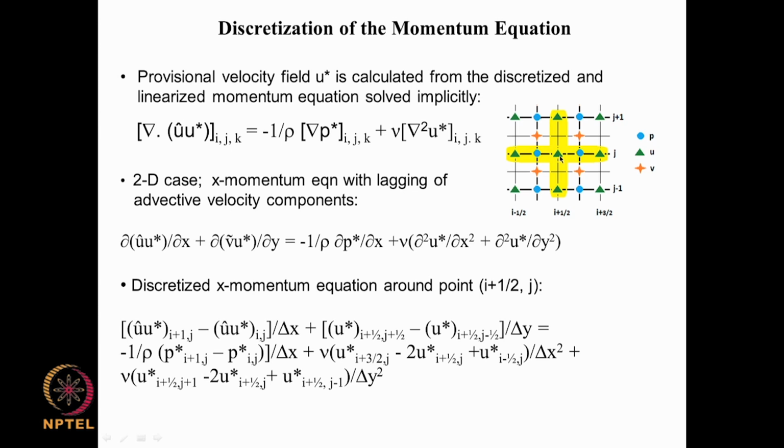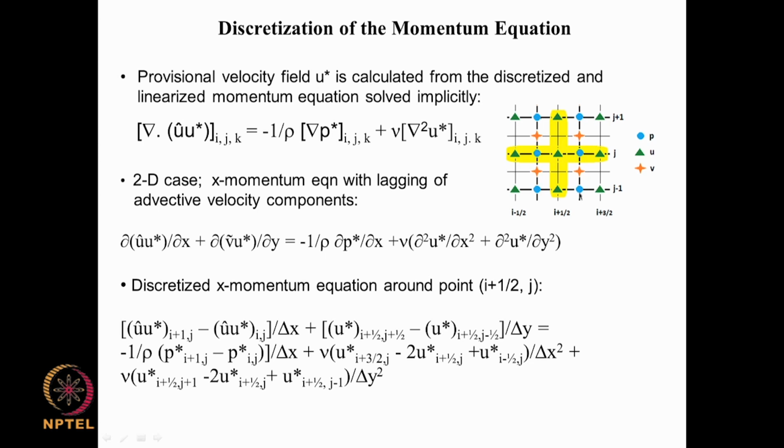And the immediate neighbors for the u velocity are i plus half, j plus 1 and i plus half, j minus 1 and i plus 3 by 2, j and i minus half, j. So those are the immediate points at which u velocity is known. V velocity is known at these points, which is i, j plus half and i, j minus half, like that,